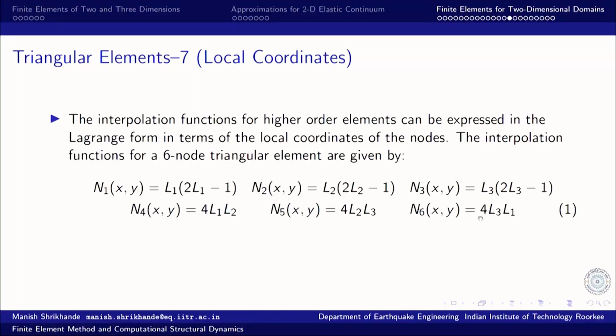So, that is what we multiply L 2 and L 3 and evaluate it at node 5, which works out to 1/4, and therefore we scale it by 4 to get unity at node 5. Similarly, for node 6, by similar arguments, we have the interpolation function as 4 times L 3 and L 1. And similarly, we can work out similar arguments for N 1 and N 2.